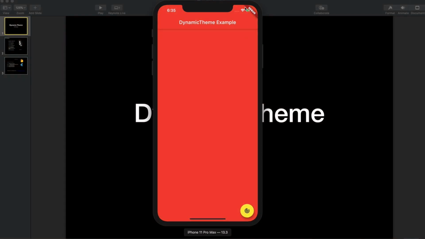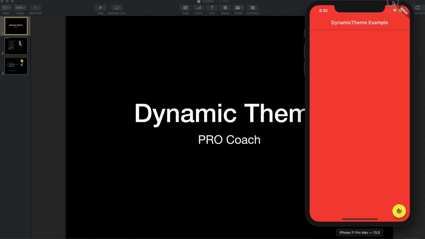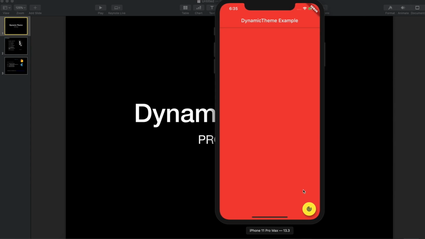Hello everyone. Today we are going to see what is dynamic theme in Flutter. When I say dynamic theme, that means we can change our theme on the fly in the application from anywhere inside the application. So if you can see this example, in a screen which has an app bar and a floating action button, when I click the floating action button, the whole theme of the application changes, from the icon color of our floating action button to the background of the body and the background of the app bar. Everything changes on the fly.